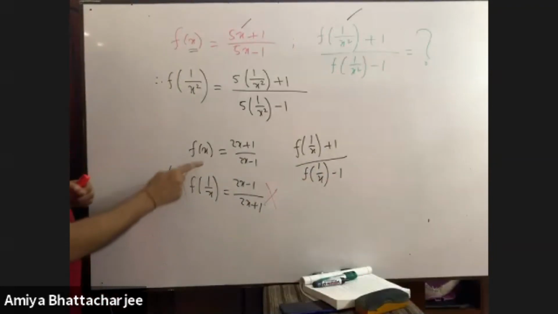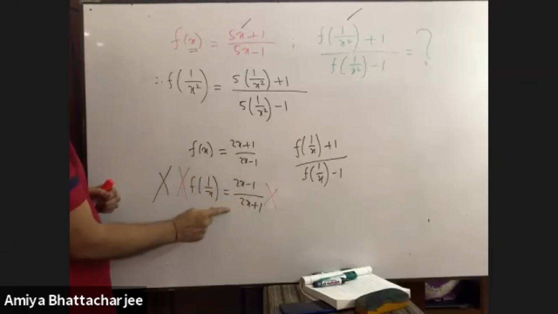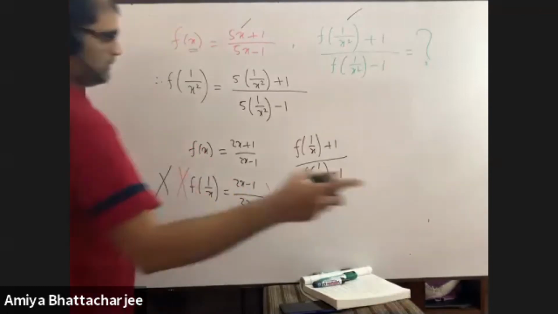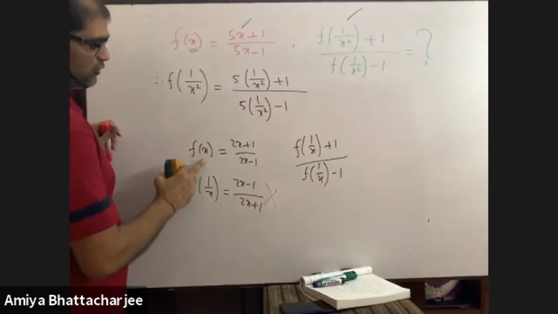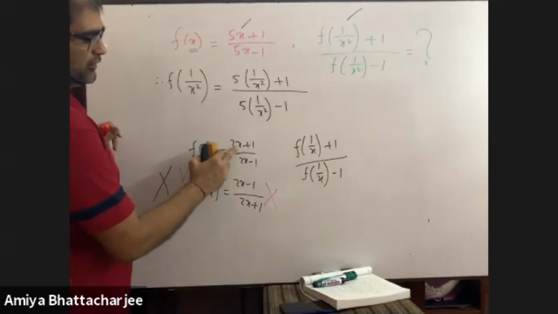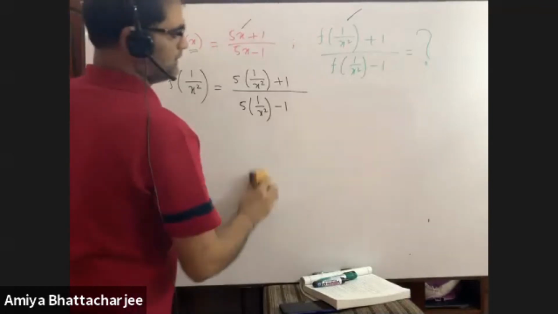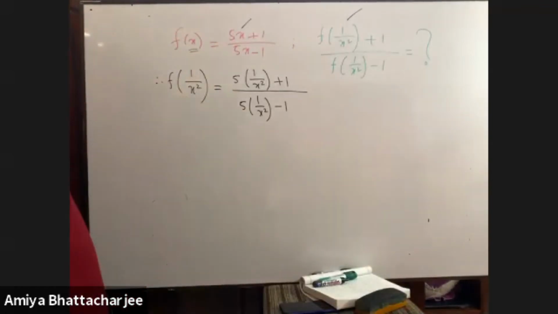What they do, they just inverse it here, and they also invert here. But it is wrong. It is a function, it is not an inverse, okay? Please, have you got me? What is to do? For x, we have to put 1 by x. So it will be 2 by x, not this, okay? Like the given math, f of 1 by x square equals to what?